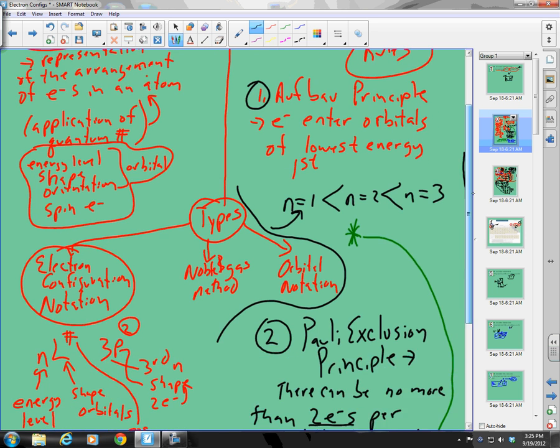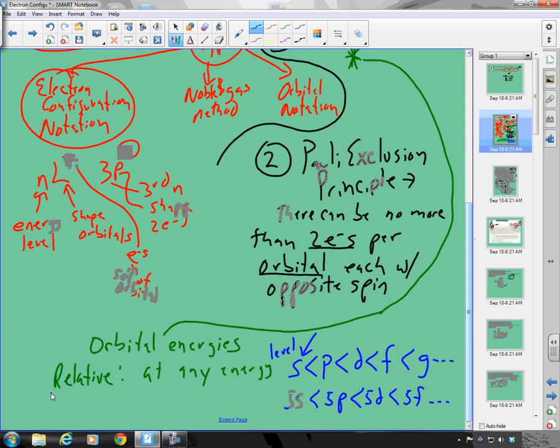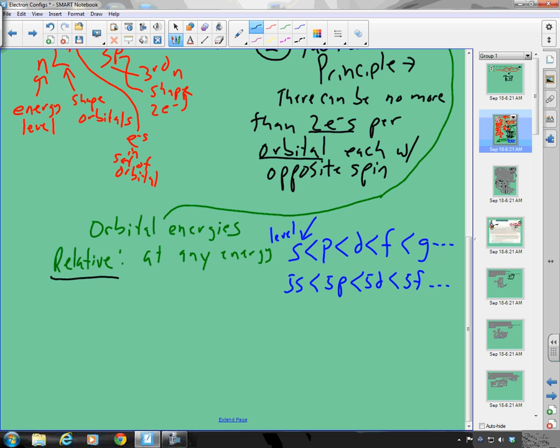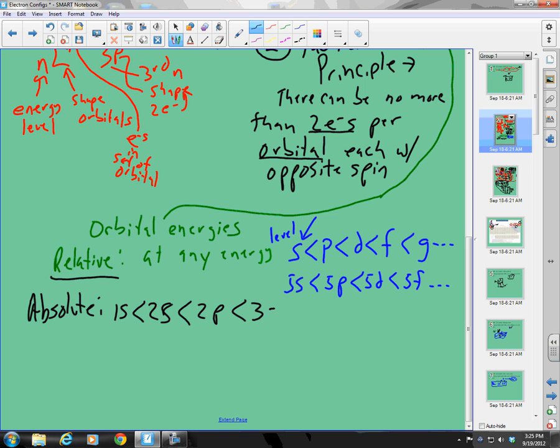Let's add some stuff to our notes way back here. We started these notes and we have some things about relative energies. Now let me give you the absolute energies, by shell or by subshell. 1s is less than 2s. 2s is less than 2p. And then we have 3s, 3p, 4s, 3d, which is less than the 4p, which is less than the 5s, which is less than the 4d, which is